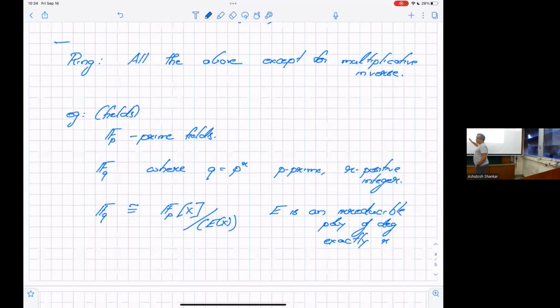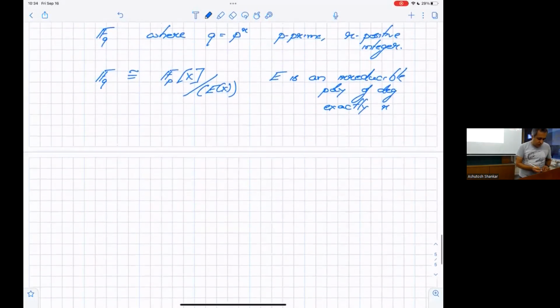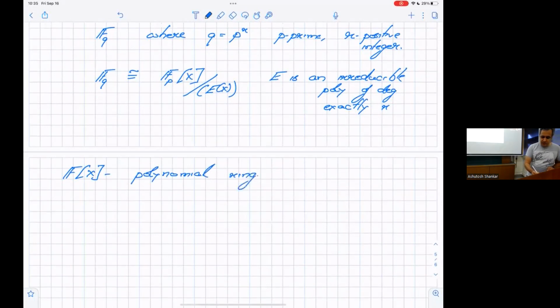Okay, so we need a few more facts before I go on. We're going to be working with these rings, F[x], which are polynomial rings. The ring of polynomials, you're clear what it means: the set of all polynomials whose coefficients come from F. This is a ring. It doesn't have multiplicative inverses, but it has all the properties. And what I want to say is the things that we know about